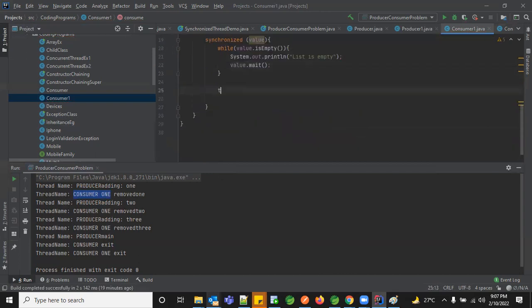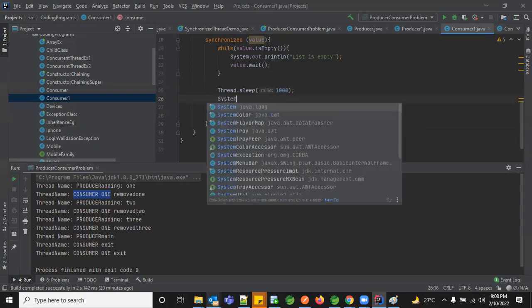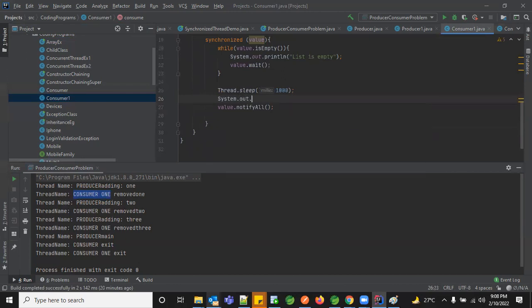Okay. Now let me give thread sleep for some 1,000 milliseconds. I need to notify again, so I need to use notifyAll. But before notifying, I'm going to remove. Since I'm using a list object, I'm going to do a removal instead of adding.